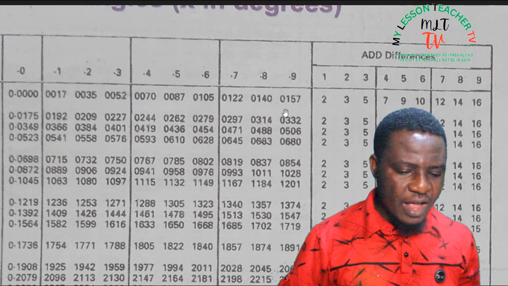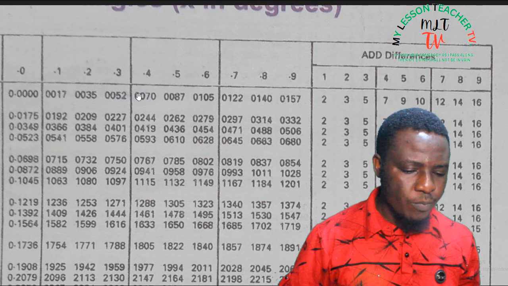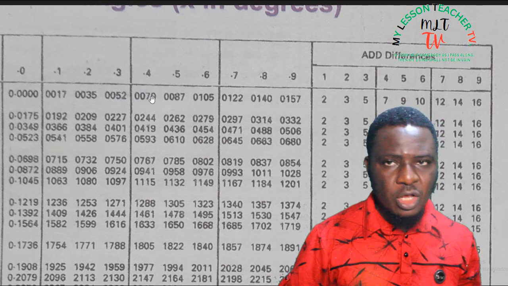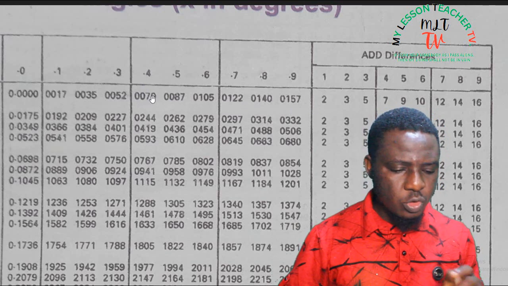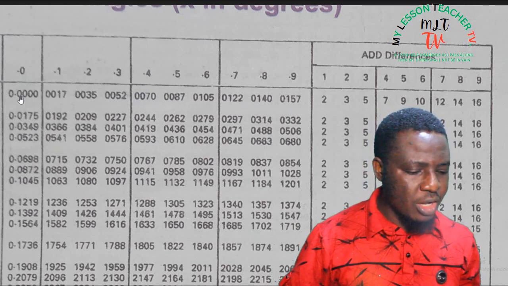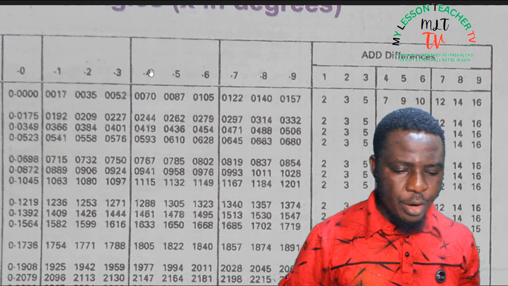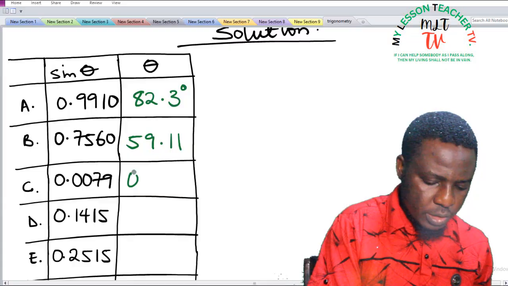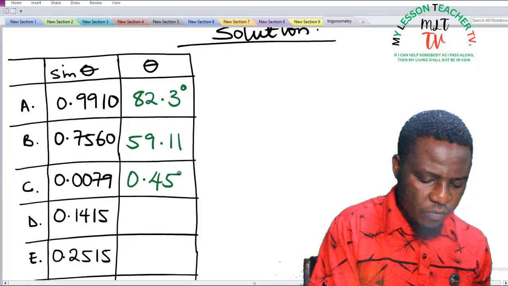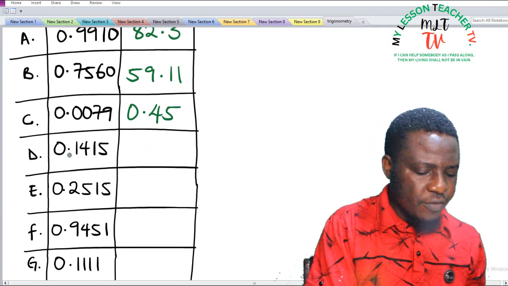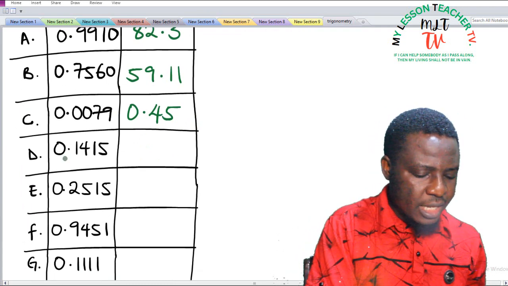So 0.45 is said to be equivalent to 0.0079. You can punch your calculators to confirm this. So our angle now is said to be 0.45. D, we have that sine theta is equal to